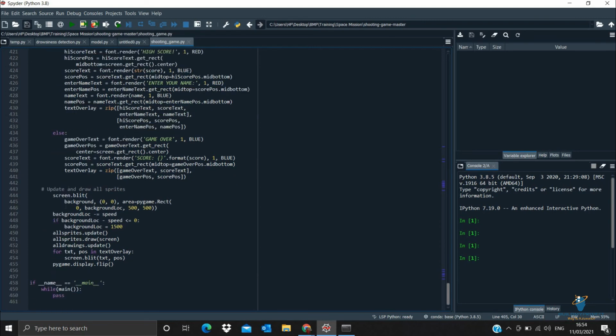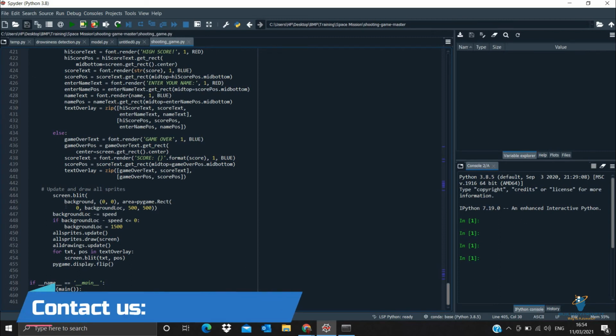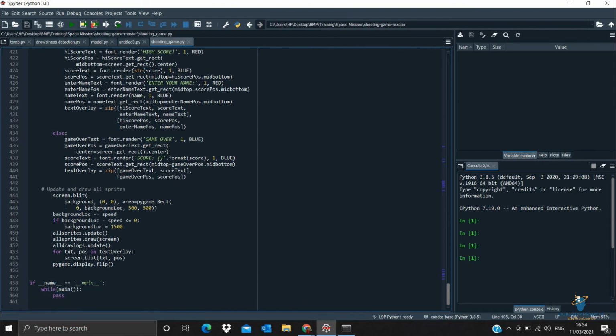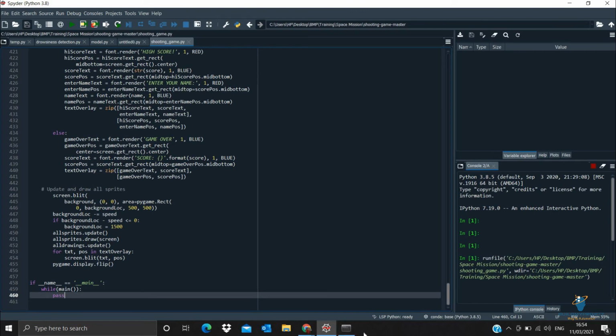Then we are basically withdrawing all the drawings. At the end of the program, we call each and every function so that it can call itself and fulfill the logic which we have applied. Then, with the help of if __name__ == "__main__", in order to run the program and get the output, we have called this main function, and then with the help of pass, our code is completed. If we run this, a new screen will pop up here.